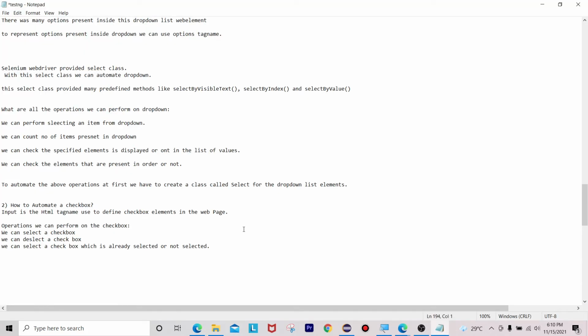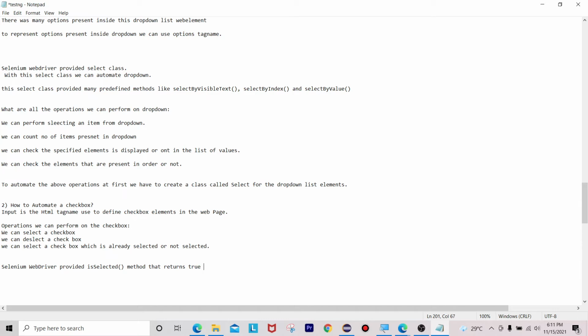So for that, Selenium WebDriver provides the isSelected method.